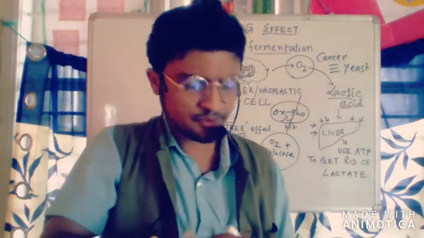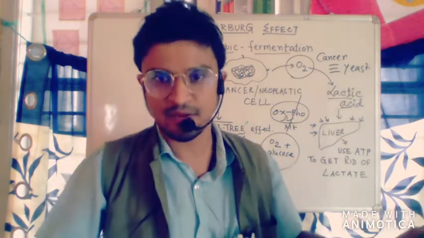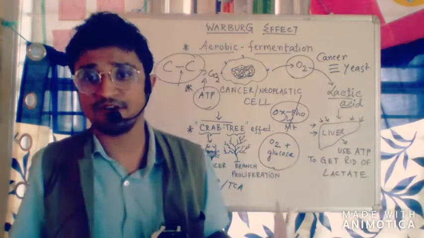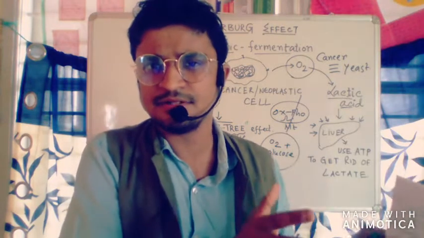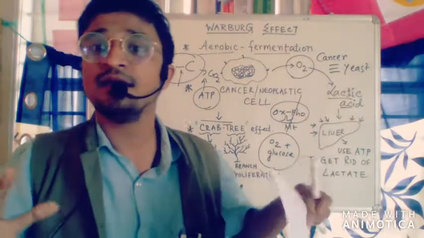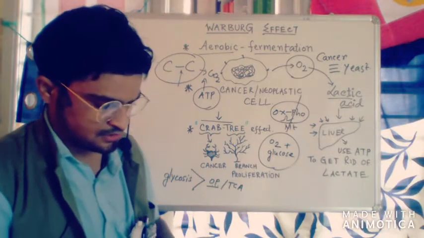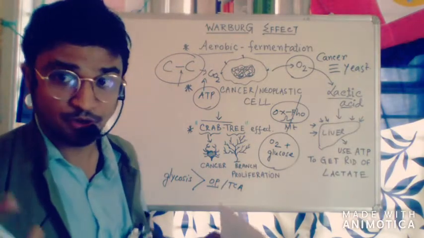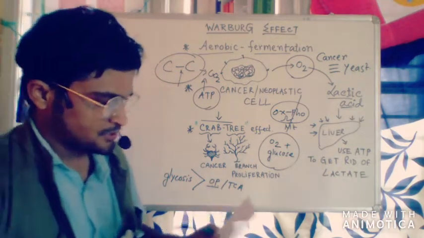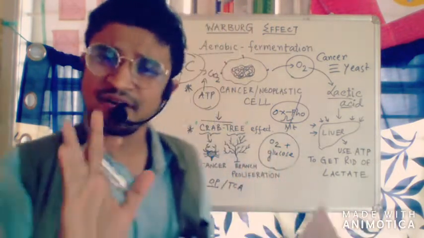Another very interesting project you can run, for those who are biotechnologists, is to use this cancer cell in a fermenter, and it could be a very good lactic acid fermenter. So in place of yeast, which is used extensively in the biotech industry, you can also use the cancer cell as an acid producer in the vessel. Correct? A good fermenter. So this is one of the extra uses of the cancer cell. Correct? So cancer cells utilize energy; oxygen is not that much required, but if it is there, okay.